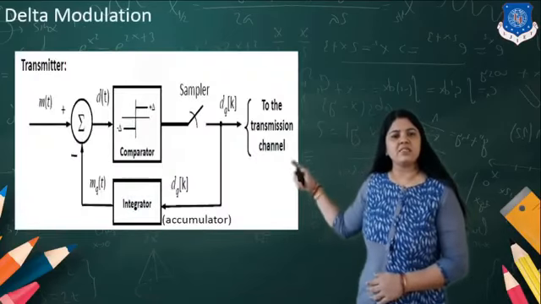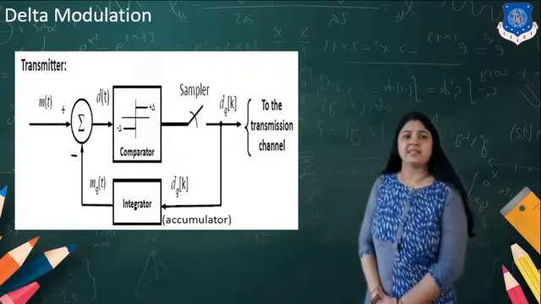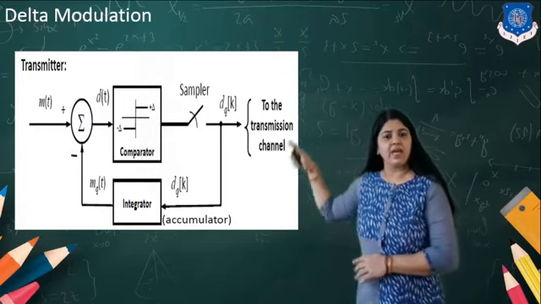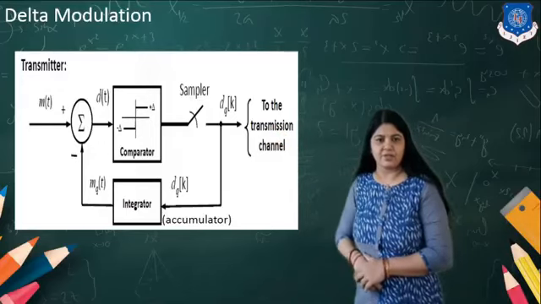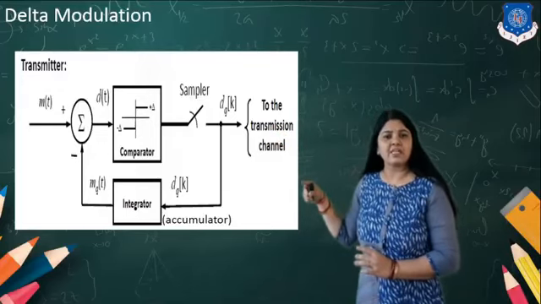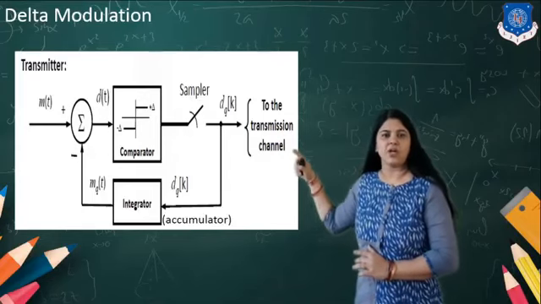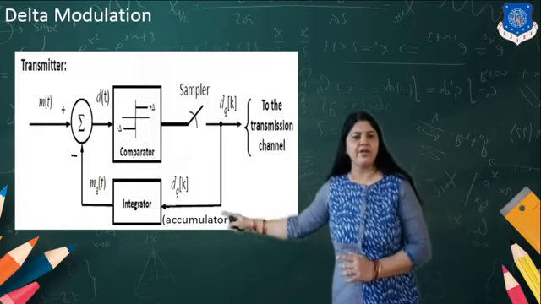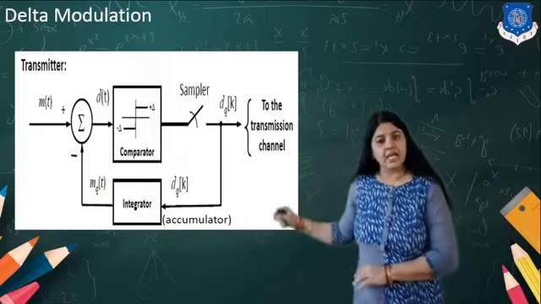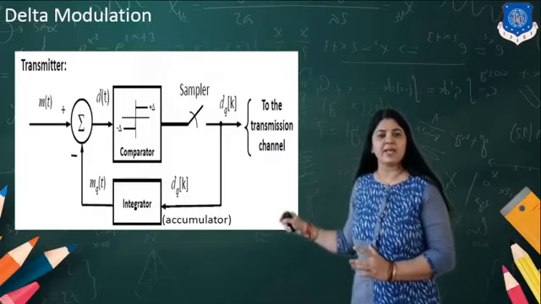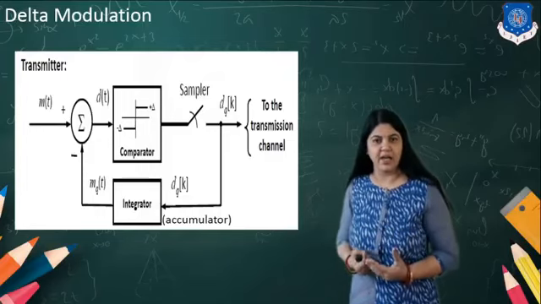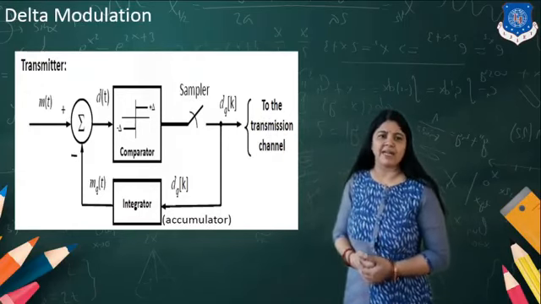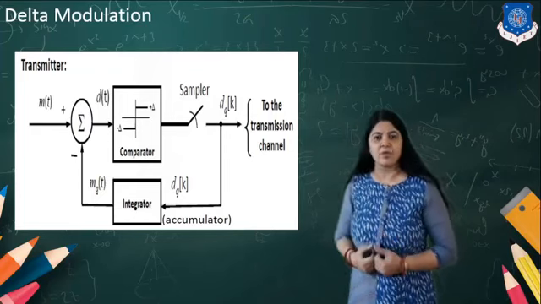Now this is the block diagram at the transmitting end. We have the m(t) signal and the comparator. The m(t) input goes to the comparator. Initially, the first bit, that is the difference bit, is given to the accumulator, and the accumulator output, produced by this integrator, is m_q(t). The summer generates the output m(t) minus m_q(t).